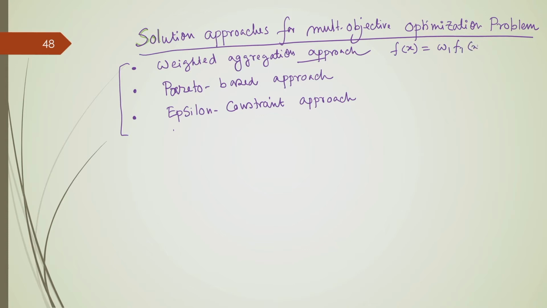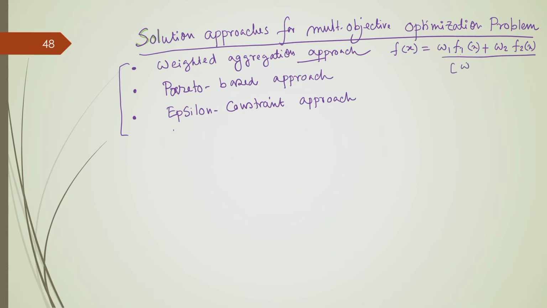Suppose I have a two objective optimization problem, where the objective functions are f1(x) and f2(x), and we simultaneously minimize these two objectives. So, here we aggregate both the objectives with some weights,